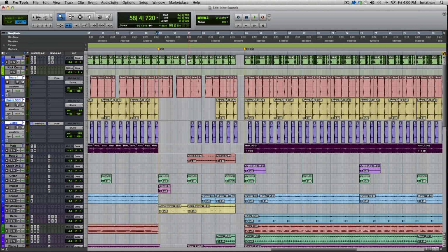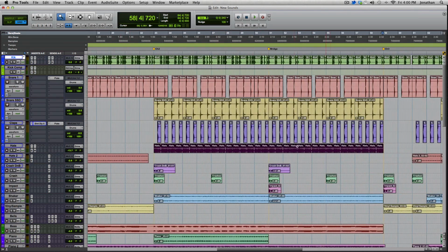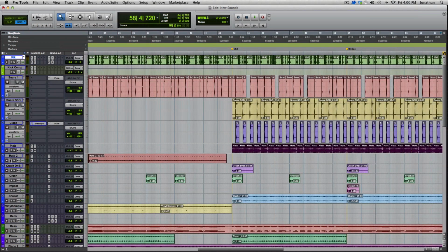So you get that whole crescendo, that whole growing kind of feeling there, just off bringing things in and out. Other things, if you notice, I use different hi-hats than I use in the verse. In the verse, I've got these, just eighth notes, real drum machine sounding. And then in the chorus, 16th notes, and we've got a little distortion on it. And then, I also had a shaker in on the chorus, which you really feel more than anything. But if I take it out,